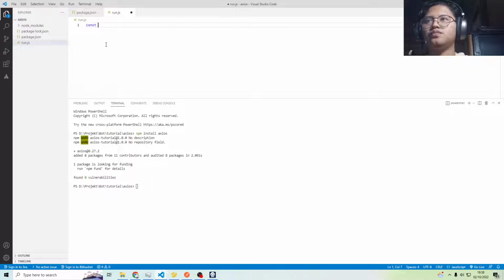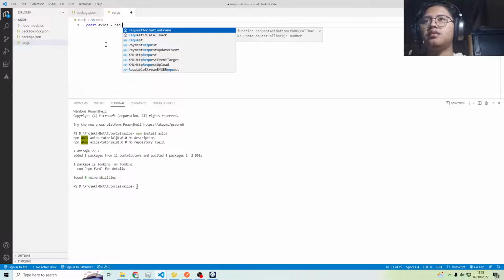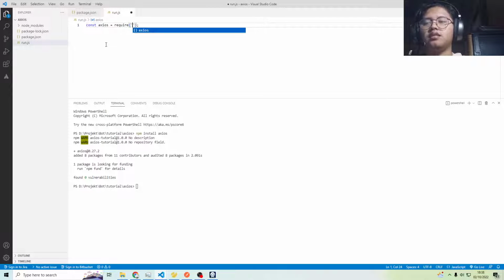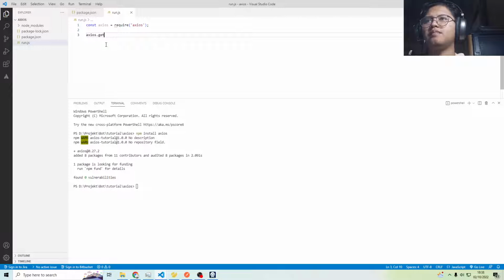Let's jump into Axios itself then. First we have to load the Axios module by typing require Axios. Then we go to Axios, then .get, because you want to get the data, and inside it goes the API endpoint, which I believe is in